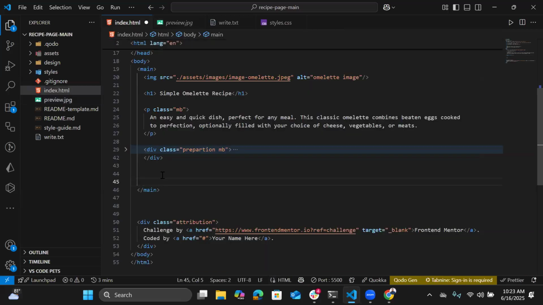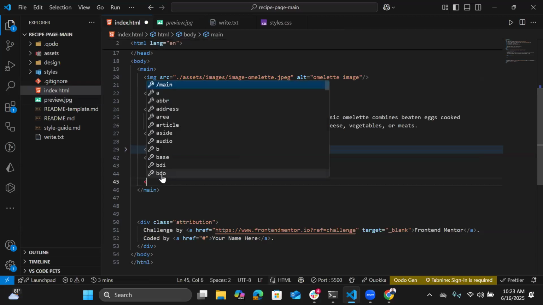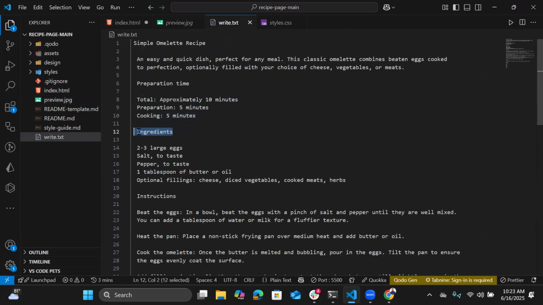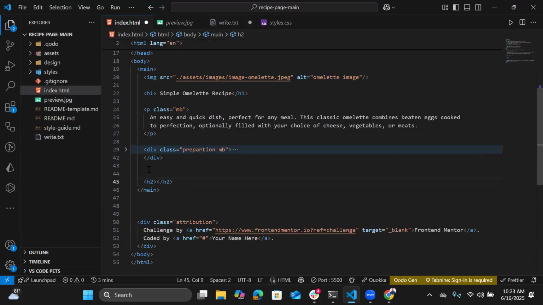So ingredients. I have an H2, which is going to be ingredients. Let me copy it again. So this is going to be ingredients. Control X. Just paste this right here. I have a class name. Give it a class of